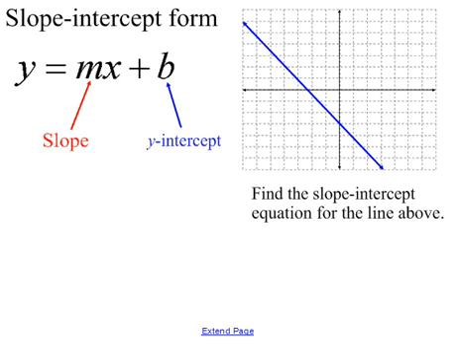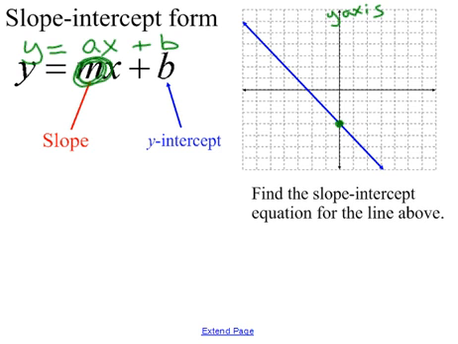There are a couple of forms of lines that we have worked with in the past. The first one is slope-intercept form, y equals mx plus b. Some of you may recall that some textbooks used y equals ax plus b. Either way, it doesn't matter as long as we know the number in front of the x is the slope and the b value is the y-intercept, or where it crosses the